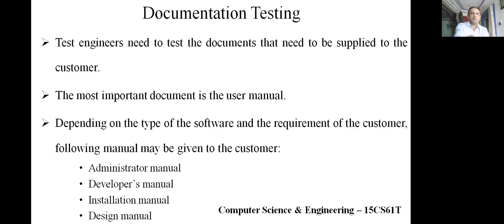When you purchase a mobile phone, a manual is given to you. In the same way, when software is developed, a manual has to be given. It may be a soft copy or a hard copy, whatever it may be, but a manual has to be given. Sometimes we may also need to give an administrative manual and a developers manual. The administrative manual includes how to create users, what the roles of the users are, and how to manage the software: user management, user creation, password, security, and so on. There is also backup, recovery, and so on.